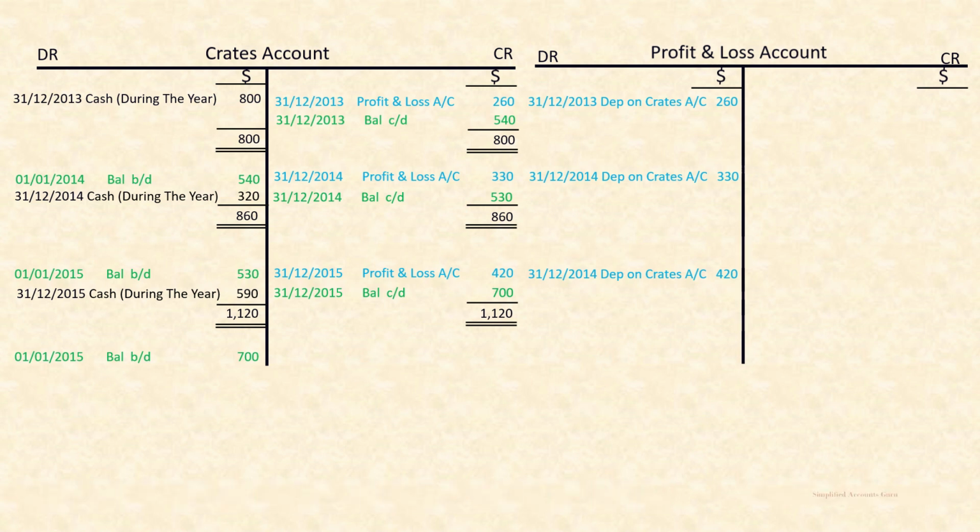That is balance brought down on 1st January 2016. So we are moving, and up to that point, I believe the revaluation method is well understood by each and every student